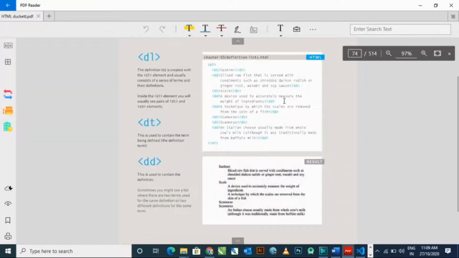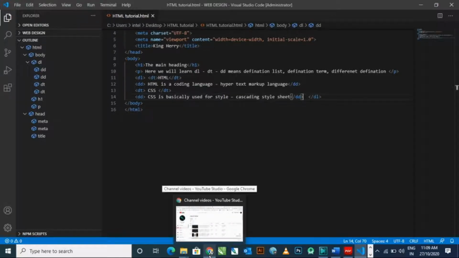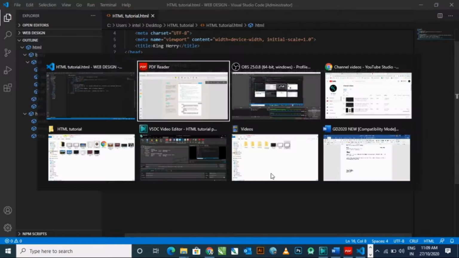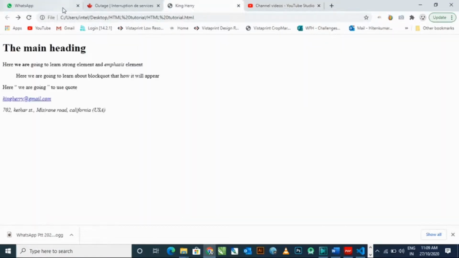I'll show you in my browser window. Control S. Now stop this, and if you want to type this, you can type this and remember what I did here. Now let me refresh my window.